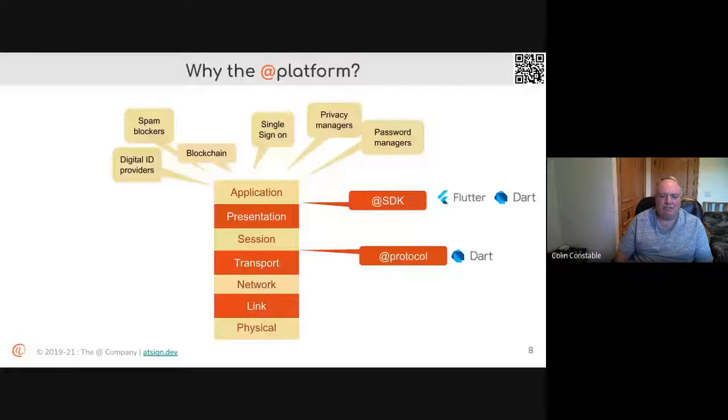But probably the primary reason is there's so much history in HTTP that it's a bit of a mess. And we really want to have a really simple protocol that does really simple things. So if you're interested in protocols, the protocol is actually as simple as we can make it. If it's complicated, we push it up to the application level. If it really, really has to belong in the protocol, it goes into the protocol. But at this point, most things do not go into the protocol. They go into an application library or a Flutter widget or both. So yeah, the protocol really was the game changer.